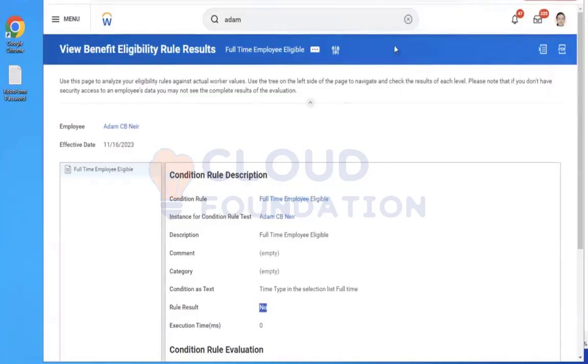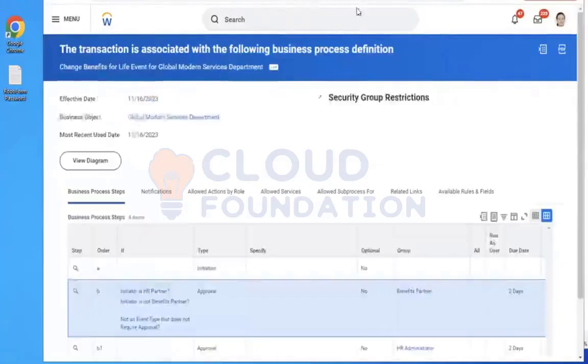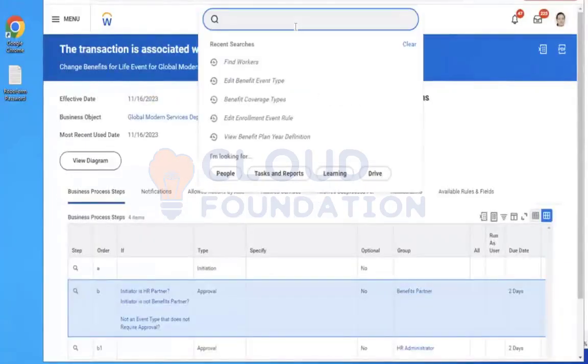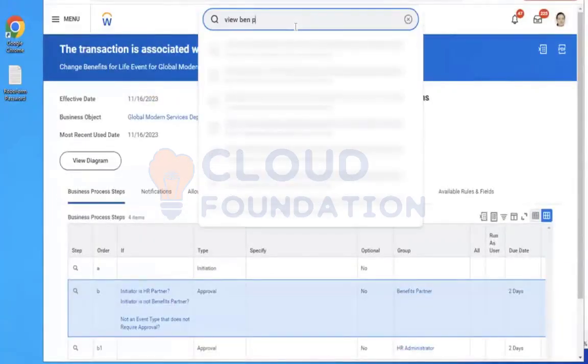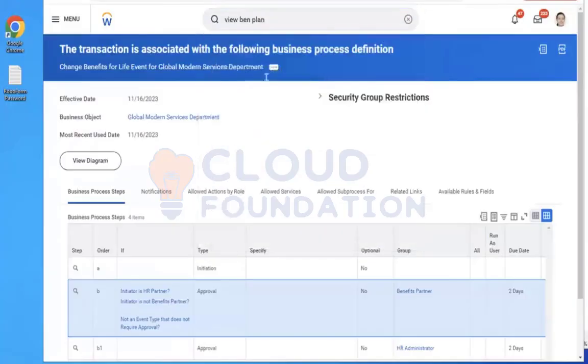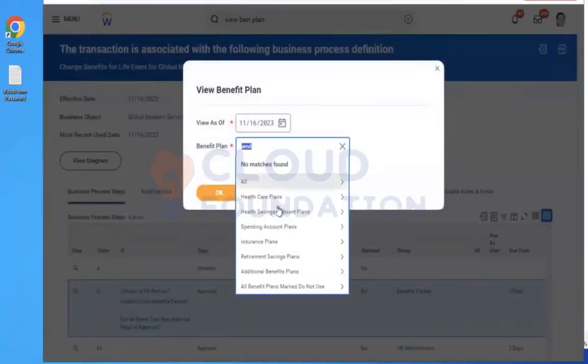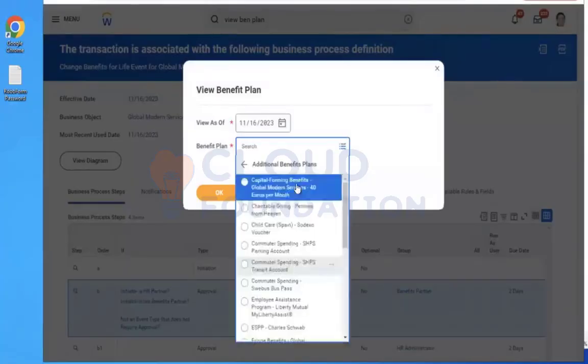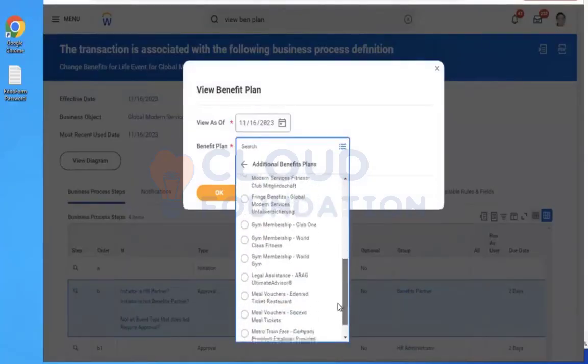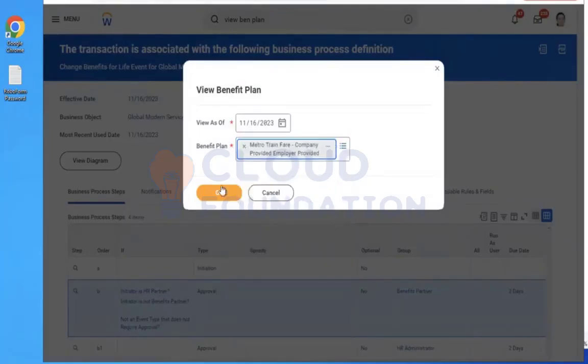But it's showing no because of the rule. We can go to the benefit plan, metro train fare.